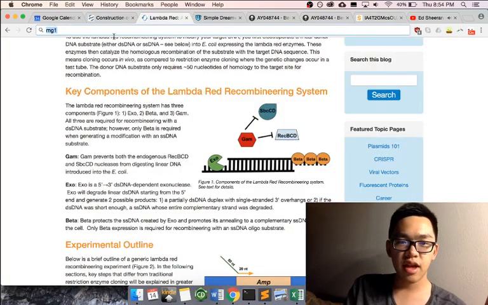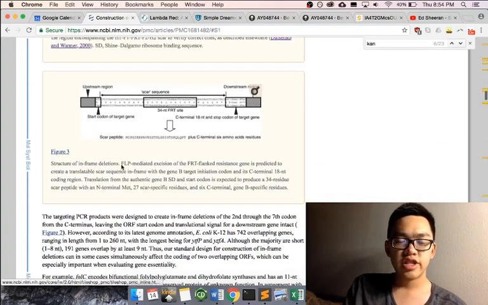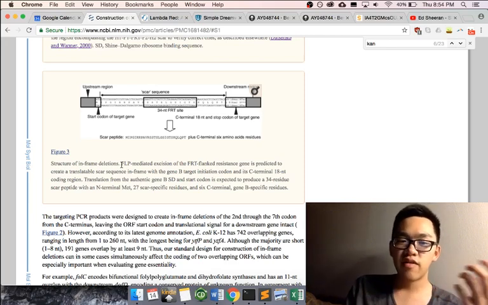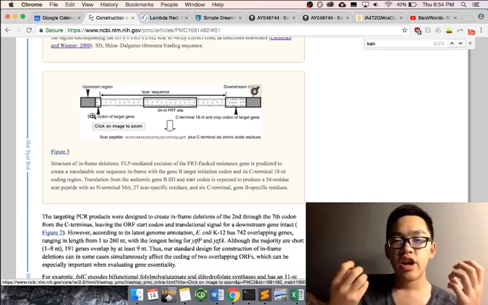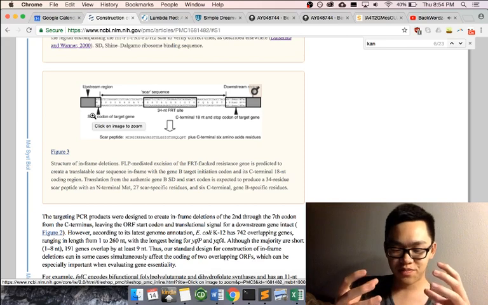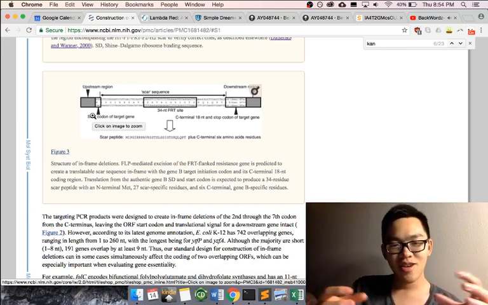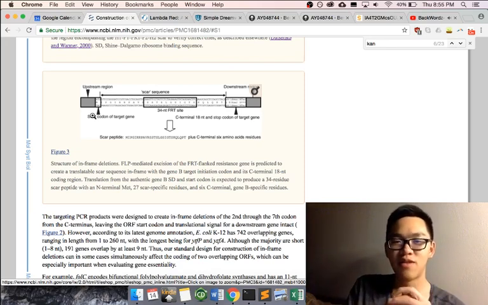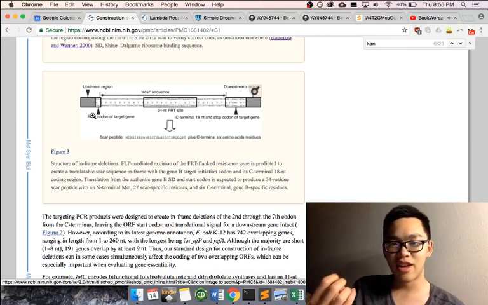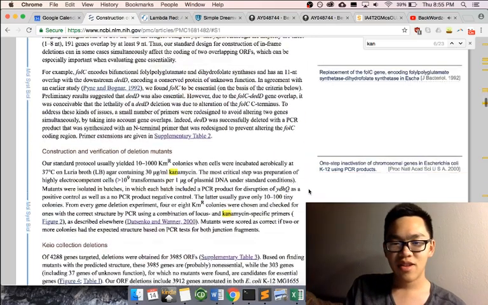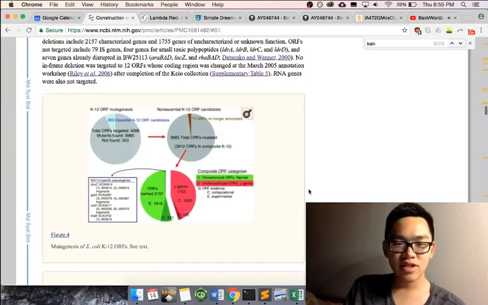Something really interesting I think that people don't know about the Keio collection is that in order to make sure that the deletion was in frame, they actually use the start codon of the target gene and the stop codon of the target gene in order to create this tiny 34 peptide long, I hesitate to call it a protein, but like this small chain of peptides. So there's actually inside the cell a small peptide floating around due to the process of creating the Keio collection mutant, which no one's ever really thought about, or I've never actually heard someone talk about, but that's just kind of interesting stuff. And finally, I want to talk about, you can look here to see how they did,